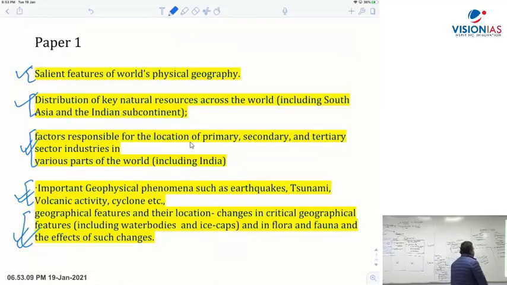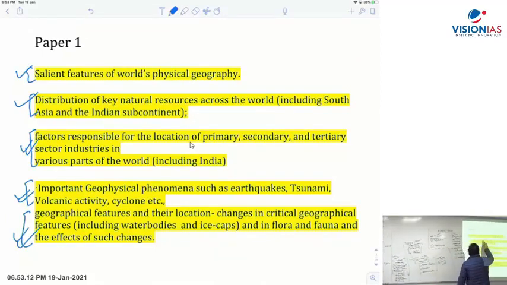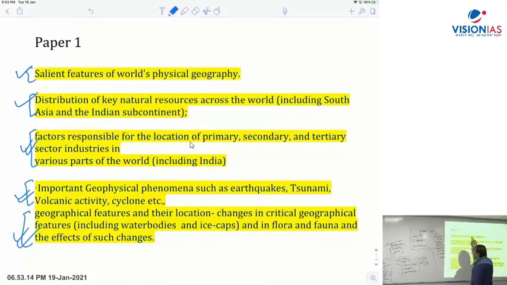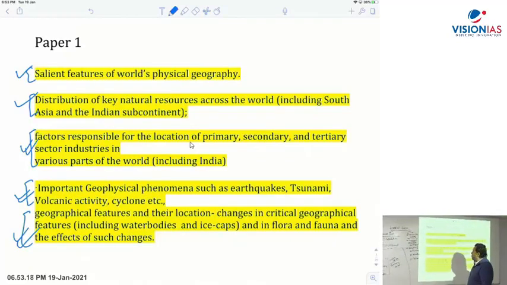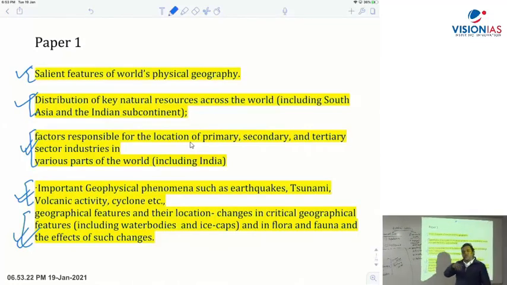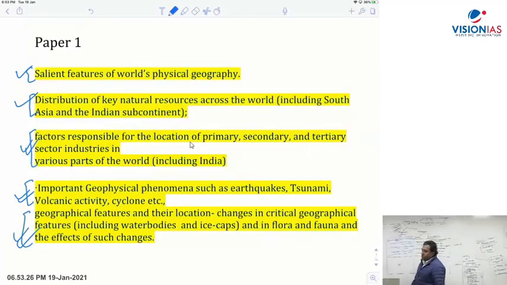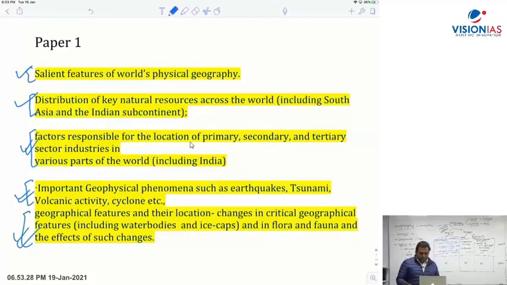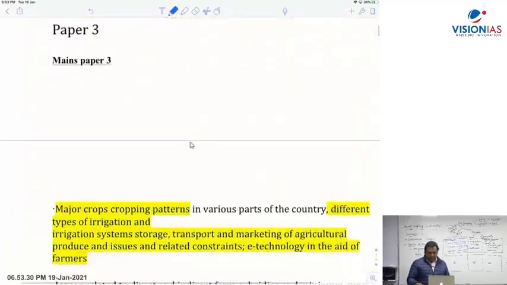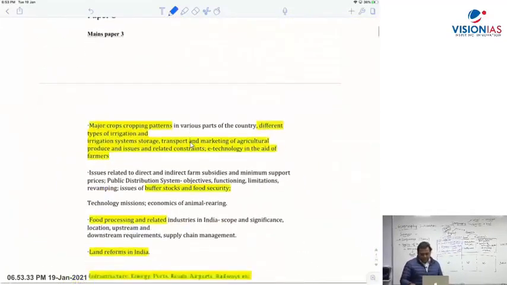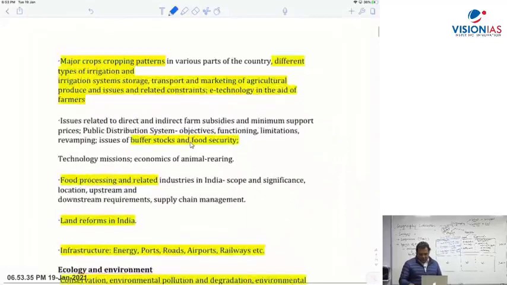You should remember it. Now, is there anything more to the syllabus? There is something more to the syllabus. The syllabus doesn't end here for geography. Right? There is something more. What more? Apart from mains paper 1, the syllabus for geography also comes in paper 3. Paper 3 also you have geography syllabus. How? Please see. The mains paper 3 syllabus for geography,